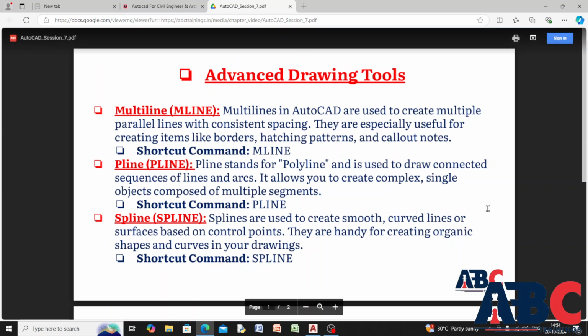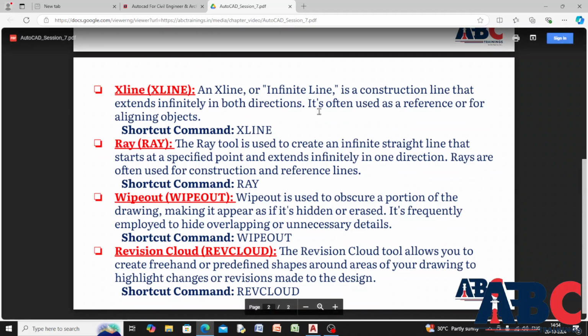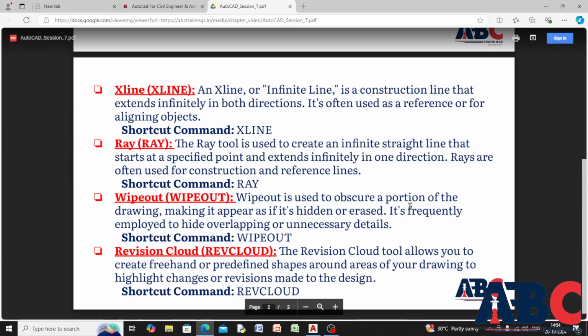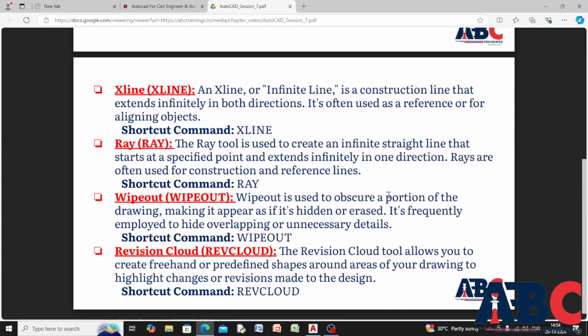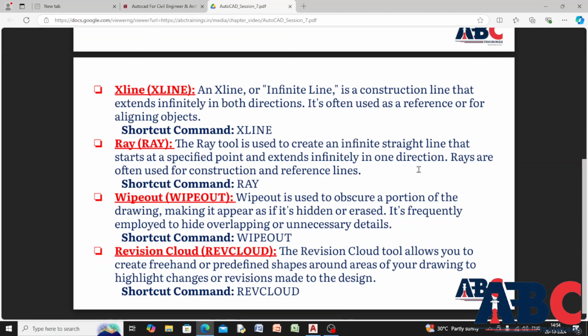Then next is SP line. When you want a smooth curve or curved line, you use the SP line option. Then again the X line option. The X line is an infinite line or a construction line. When you want your references from any object to the next object you want to draw, then use X line